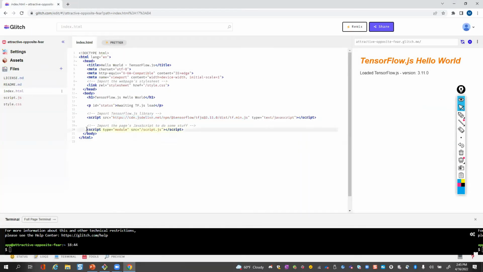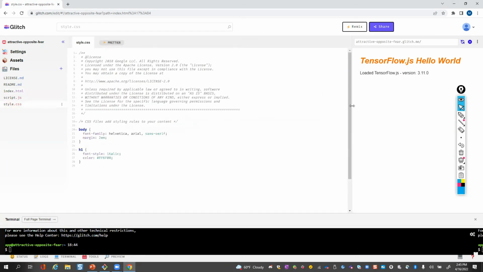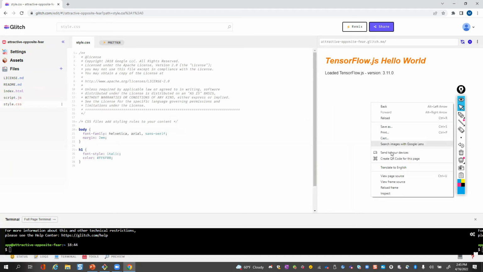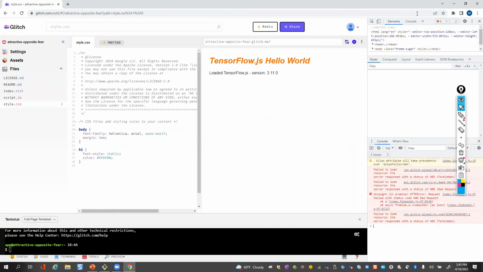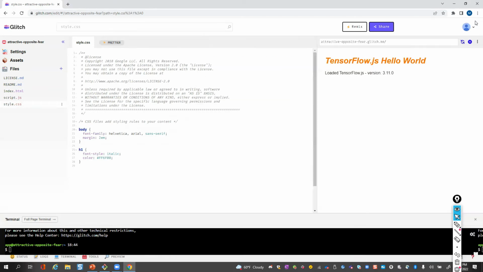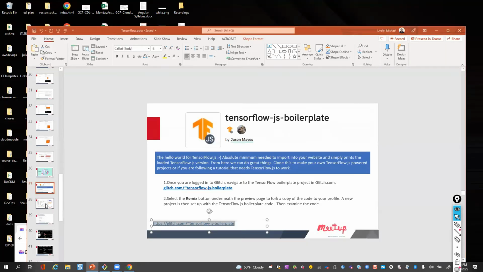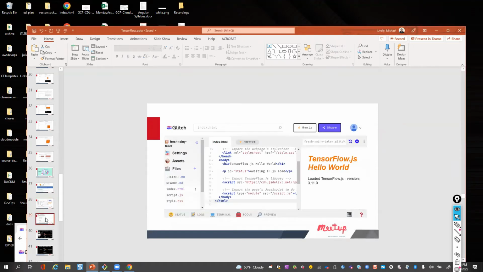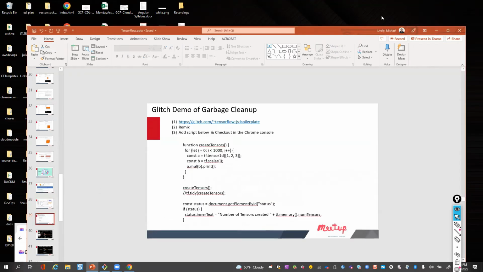With that said, that's pretty much what there is. And then you have the script tab for any JavaScript that you write. We're going to write some JavaScript today. And then the CSS, we'll leave that alone. But once you get things running, what you want to do is right click and do an inspect over here. And you can inspect what's happening using your Google console. And we'll be doing that a bit today, okay? With that said, I'll X out of that. That was the demo for that. We're coming back to this in 1 moment, all right? Cool. All right, so we discussed that, and we're gonna do a remix here in a moment.